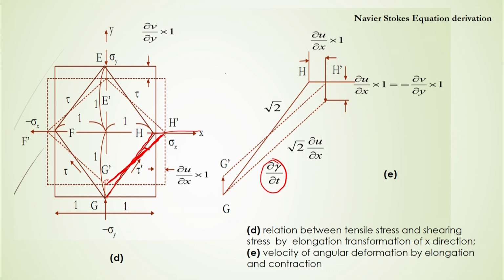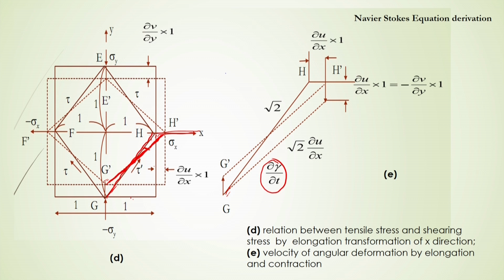So, here in the x direction there will be some force applied, and because of that there will be a change: elongation, angular deformation, and even some contraction. Now, after this elongation or contraction, if we represent it by this dotted line, how can we represent the length here? This length will be root over 2. Why? Because this length and this length are considered as 1 unit and 1 unit. So this will be root over 1 square plus 1 square, that is root over 2.